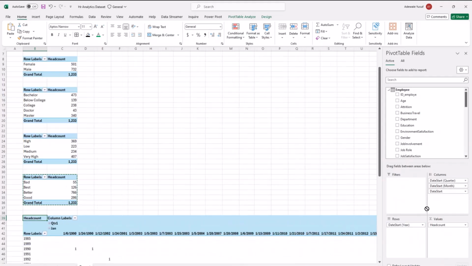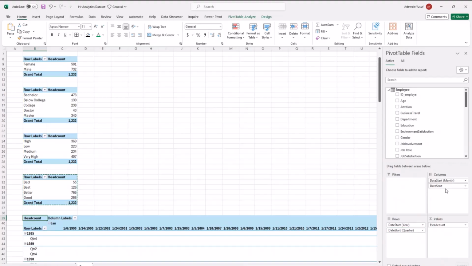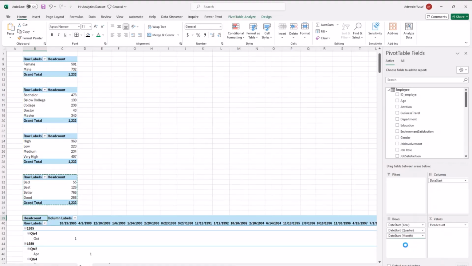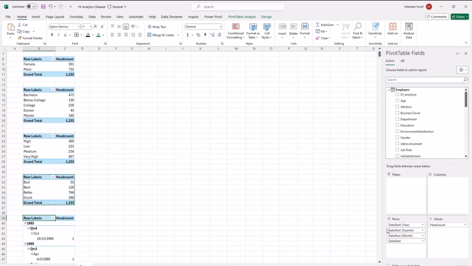So look at this. Let me just drag all of this to row, all of this to row. I don't want it in column, I want it in row. So I'm going to drag all of it to row. Yeah, great. Now, the pivot table is going to create a hierarchy like this for you. I click only on one field and it creates year, quarter, month, and date for me. If you're using Excel 2013 and below, it may not create that hierarchy for you.